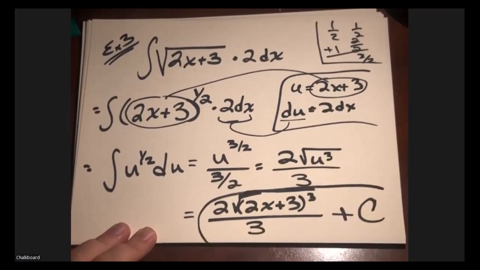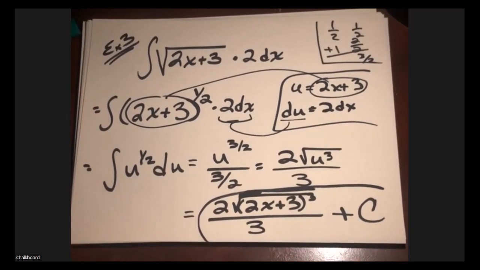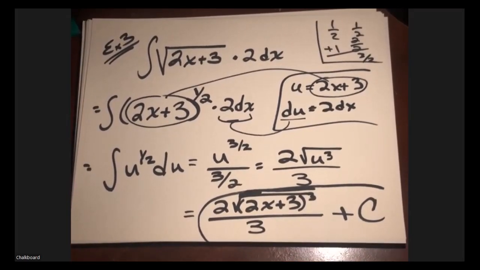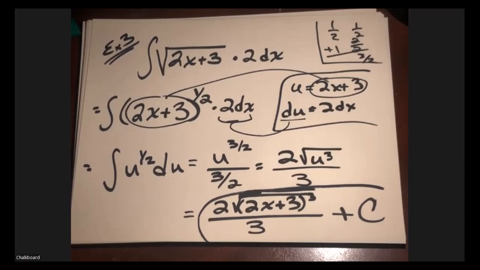Don't forget plus c. And that's what we need for that. Again, you could see that the derivative of the expression is right there, it's 2 dx. They're making it clear for you. Don't worry, soon they won't make it clear, and you'll have to use your math wit to figure out what it could be. The next case